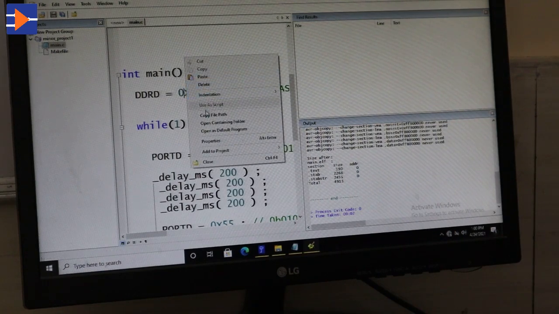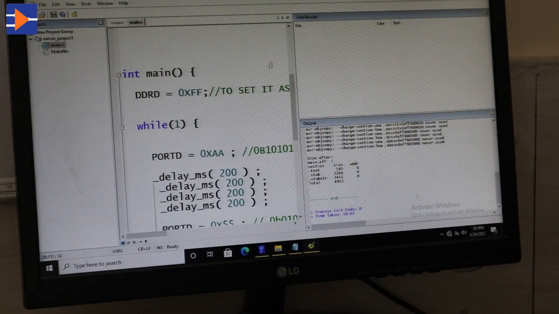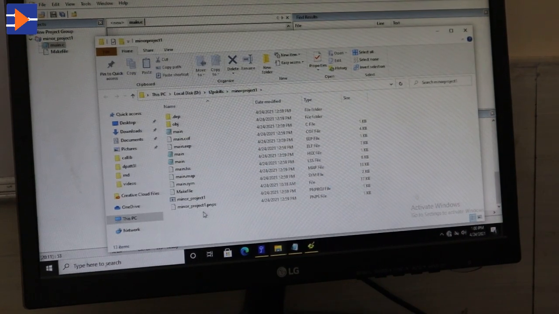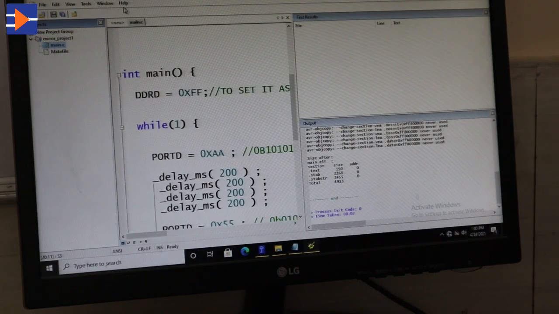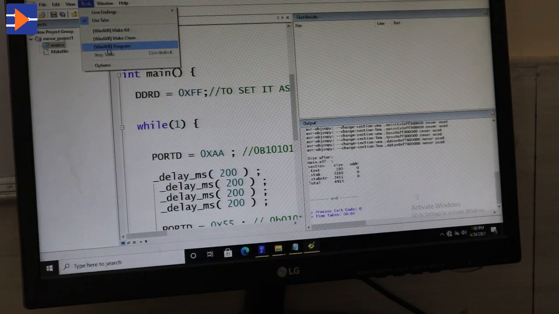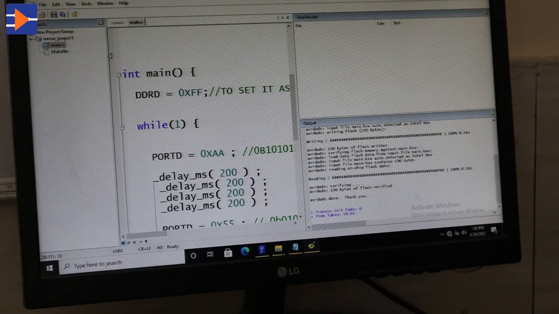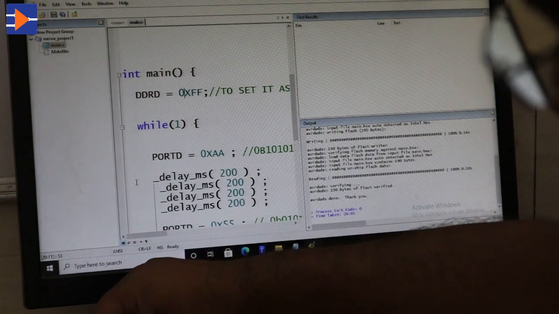If you right click here and go to open containing folder, you will see a hex file here. This one is the hex file. Now what you will do, you go to the Tools section and then click on Program, and now this IC has been programmed.